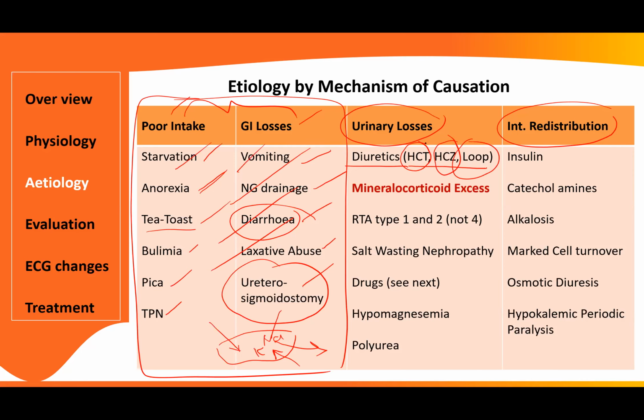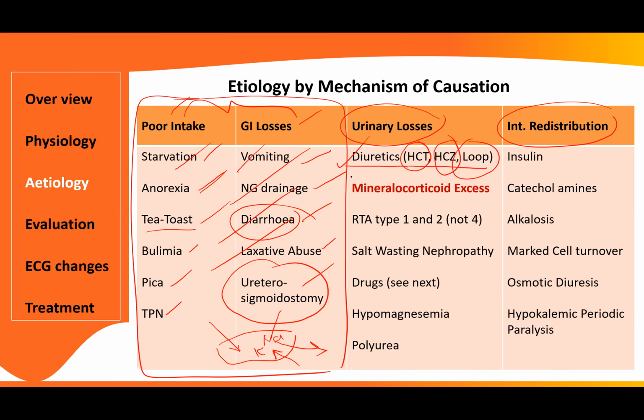loop diuretics. Okay, remember, never try to combine hydrochlorothiazide with a loop diuretic, because both are sodium wasting, both present a lot of sodium to the distal tubule. With the result, there is loss of potassium. Okay, for diuretic use, you have to use either loop or hydrochlorothiazide, preferably not chlorthalidone. So this is again a history.